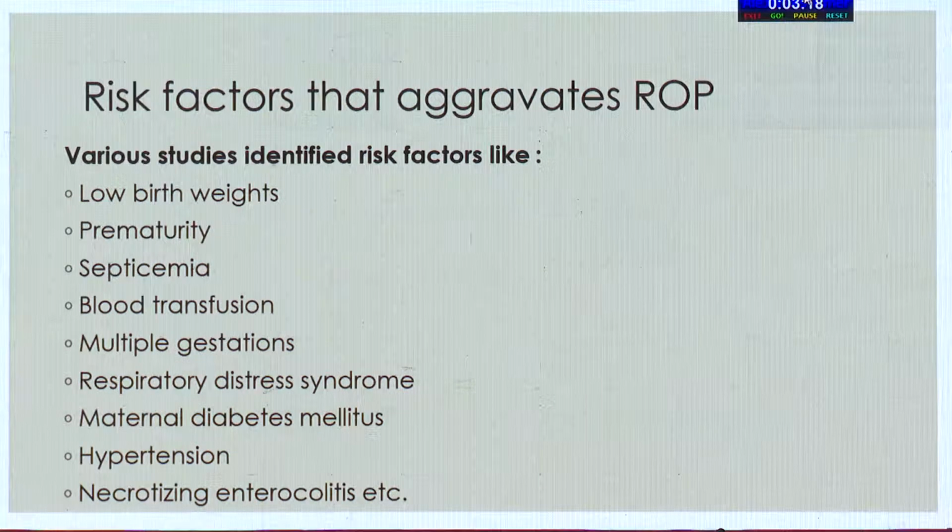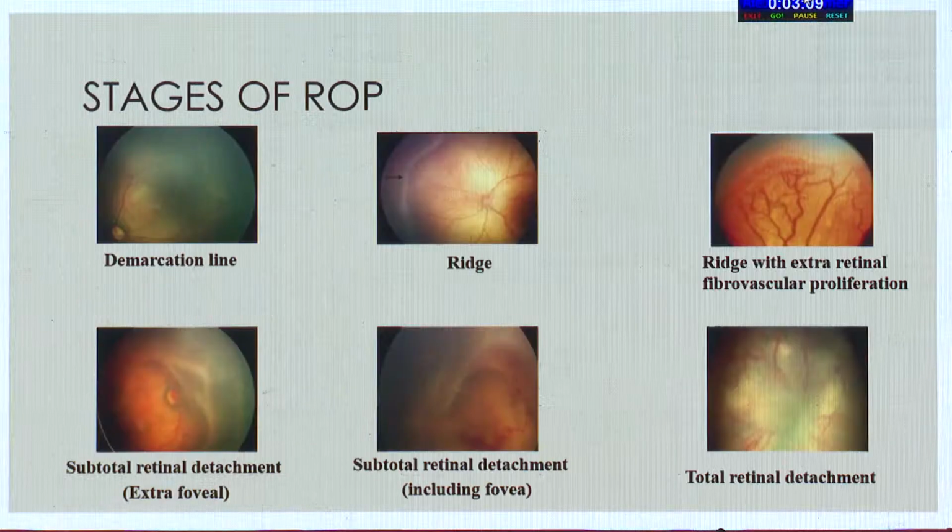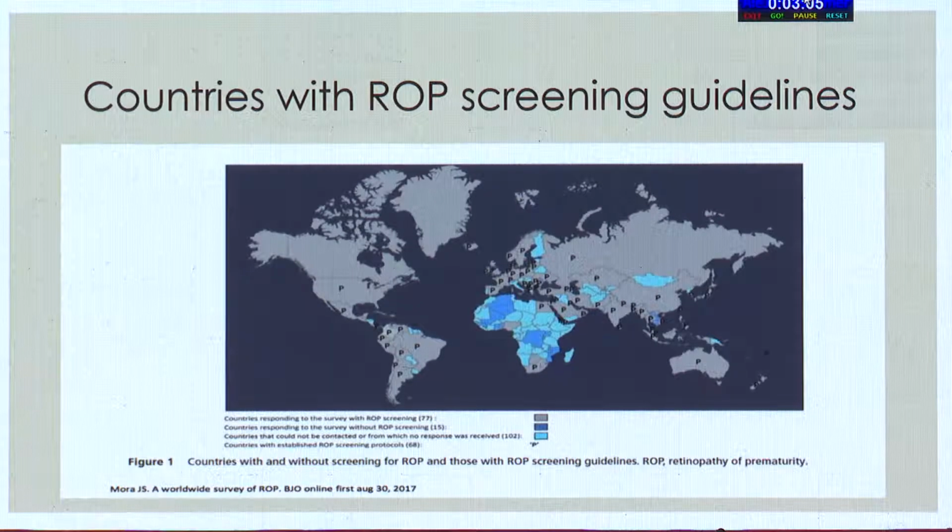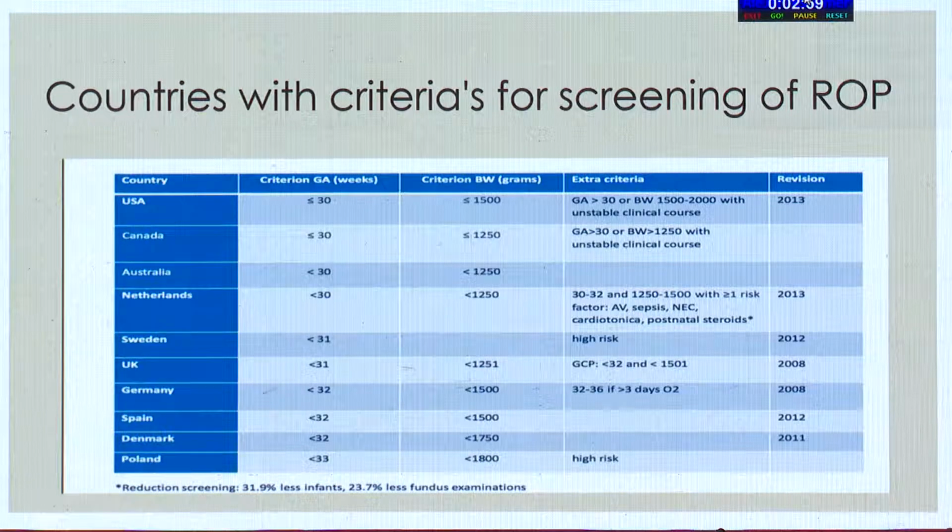The risk factors that aggravate ROP are these, which all of us know: low birth weights, prematurity associated with septicemia, blood transfusion, multiple gestations, etc. These are the stages of ROP, and the countries with ROP screening guidelines are as shown in these diagrams. Unfortunately, there are different criteria for screening of ROP in various countries. USA and Canada have a gestational age criterion of less than 30 weeks,